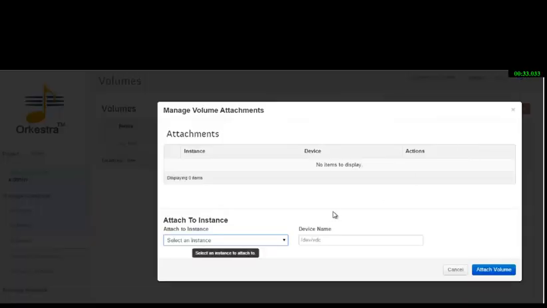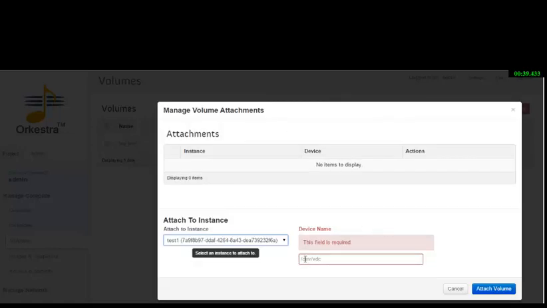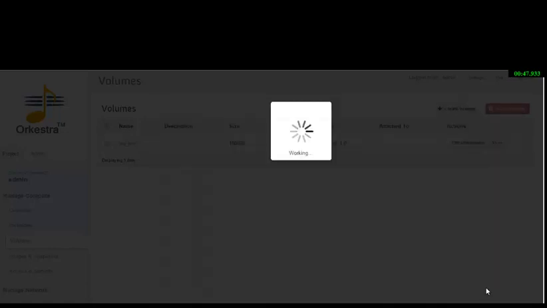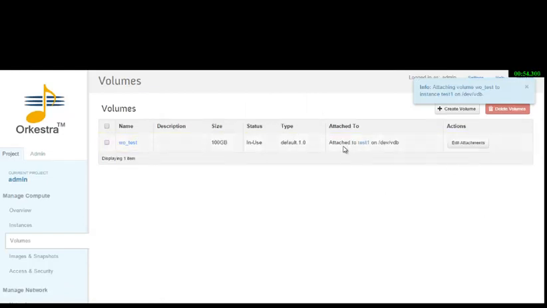So once the volume has been created, we can then attach it. We're going to attach it now to our instance that we set up, and don't forget to set up the /dev device that it will be attached to. In our case, we're going to be using /vdb. Now our volume has been attached to our virtual machine,